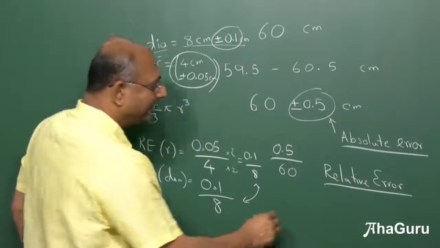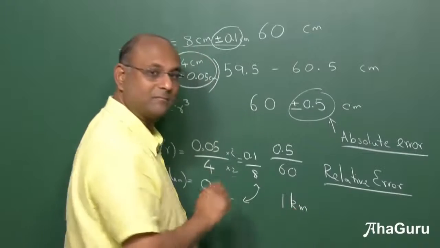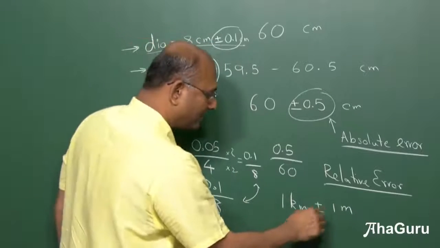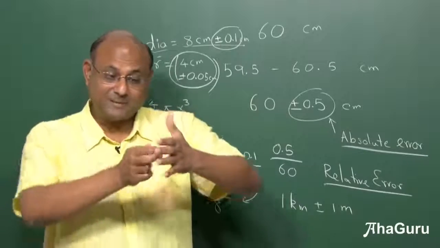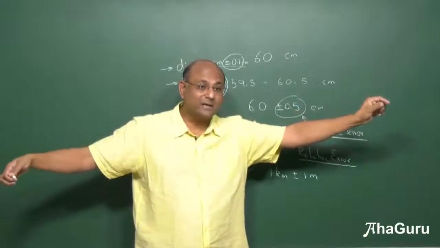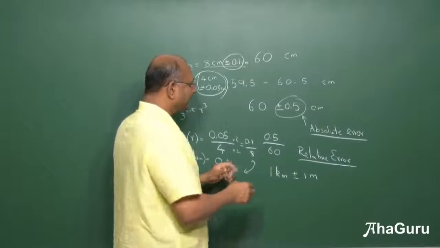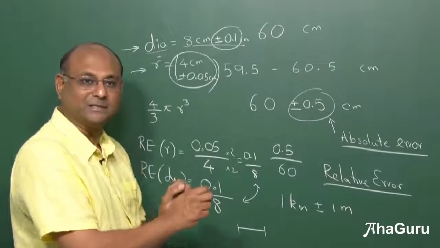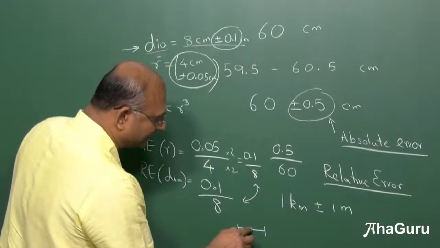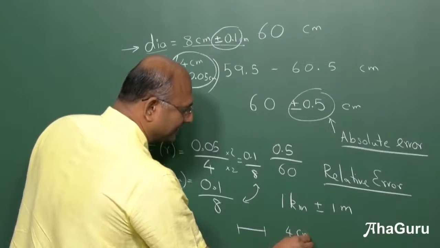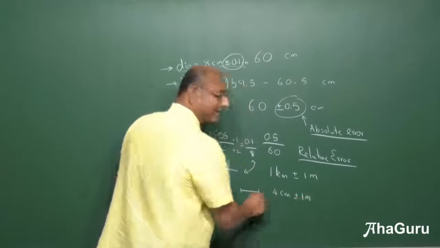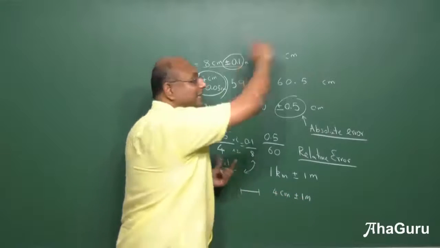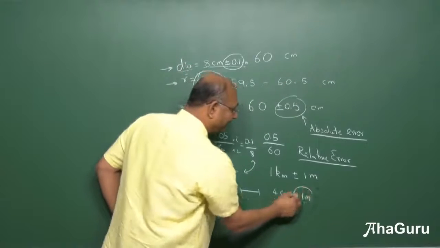So for example, in 1 kilometer distance, if you made an error of 1 meter, it's a small error because you're measuring 1 kilometer, which is very long, and you're looking at a small error of 1 meter. But suppose I am measuring something that is only this much size. So let us say, what is the length of this? Suppose I tell you the length of this is 4 centimeters plus or minus 1 meter. Now is this okay? No, right? Because you're saying it's such a small thing, but you can say error is so much.